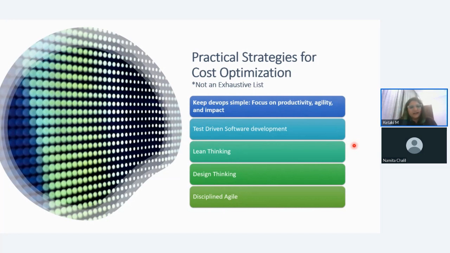If you think lean, you will never have incremental hidden cost in your agile projects. Design thinking is essential if you are focusing on value delivery. This is a kind of way of thinking that we have to adopt. It is not a step of procedure that you need to adopt, but a way of thinking to deliver the